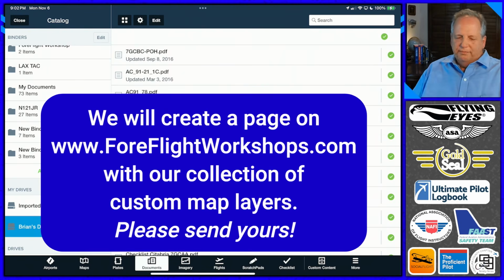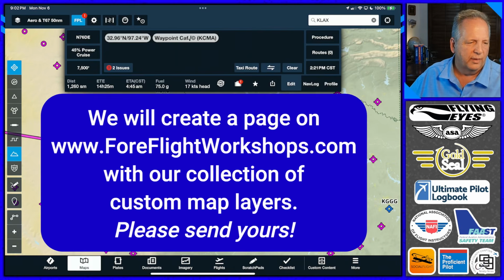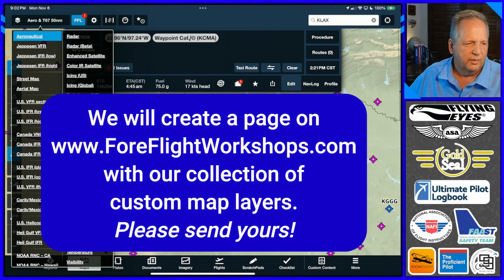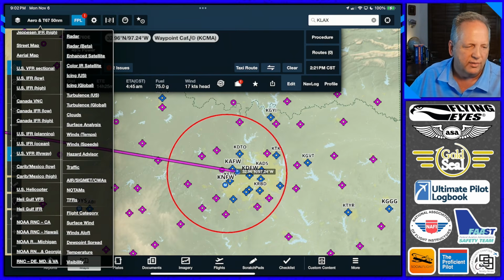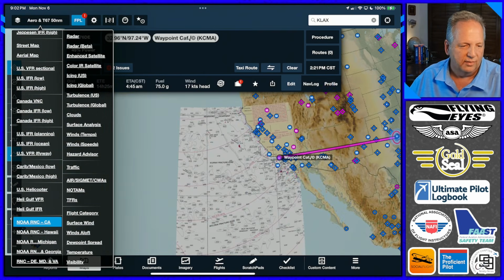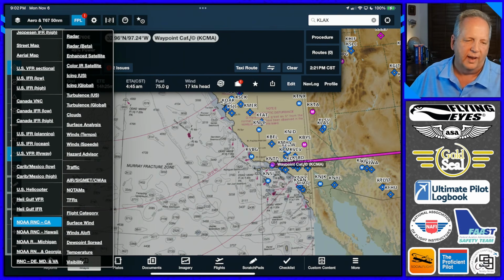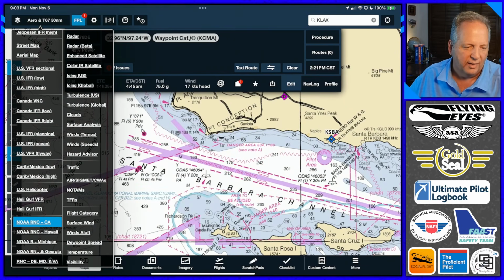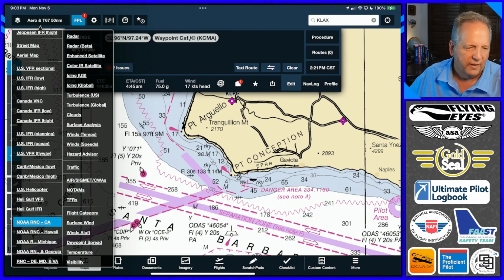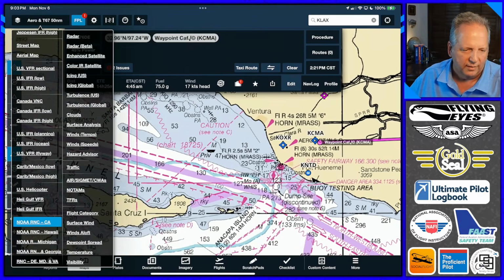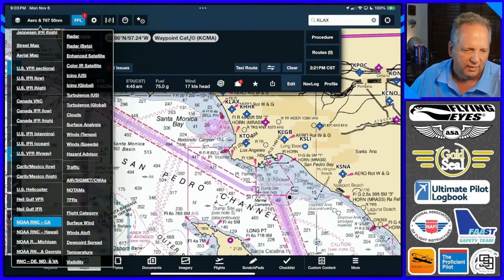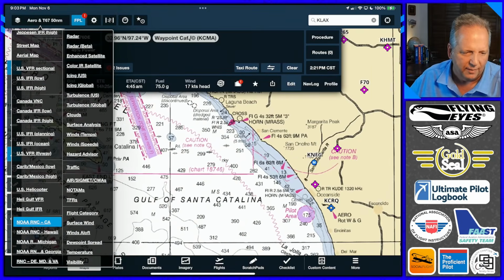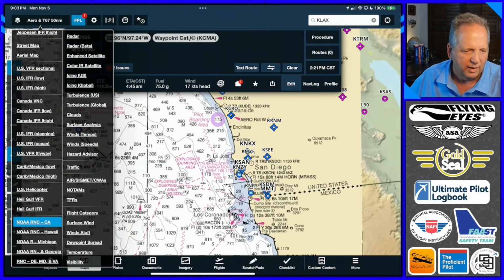Yeah, you would have to Google custom map layers, like custom Google Earth map layers. Another great one that a friend showed me earlier was this NOAA RNC maps. So the one off the coast of California, I can activate that. And here it is. This is very detailed, there's all kinds of stuff you can add. Any of these layers you can add to ForeFlight. The more you zoom in, the more detail you get. You can see shipping channels. You can see the obstacles to landing in the water. I can't find any here yet, but I think there's some down by Dana Point.